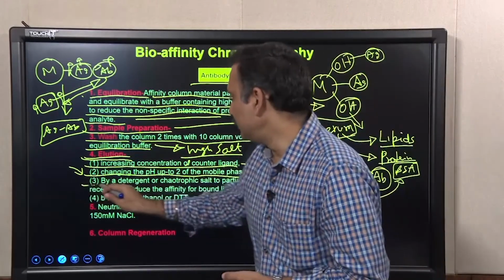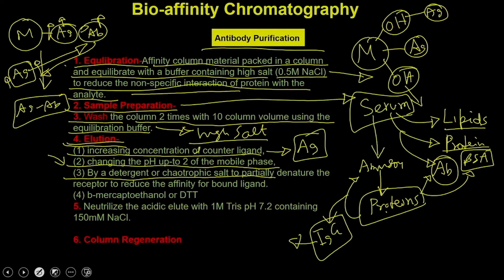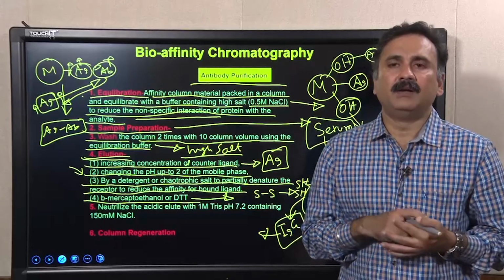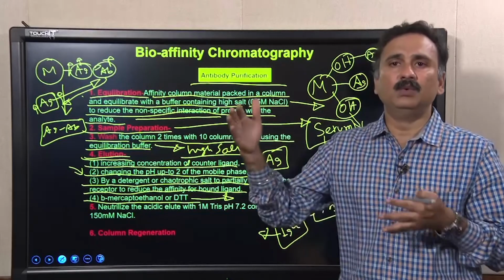The third is you can use the detergent or the chaotropic salt to partially denature the antibodies to reduce the affinity for the bound ligand. And the fourth is you can use the beta mercaptoethanol or the DTT. So, you know that the beta mercaptoethanol or DTT are actually breaking the disulfide linkages, which means it is converting a disulfide linkage to the SH, which means it is reducing the disulfide bond and giving you the